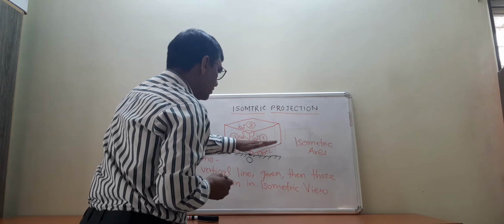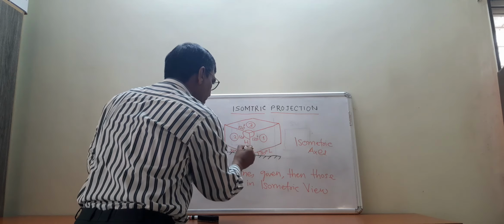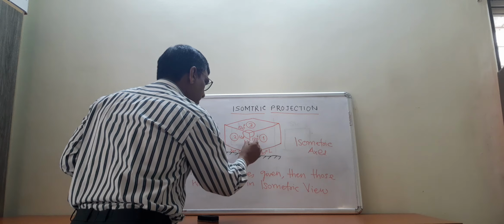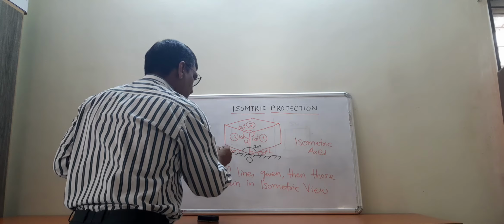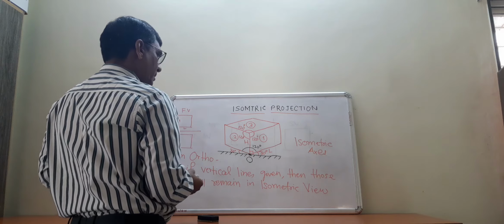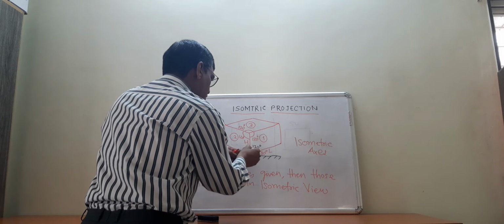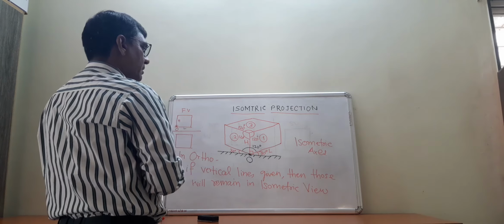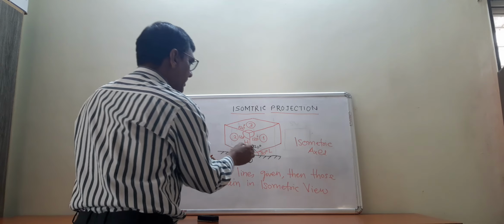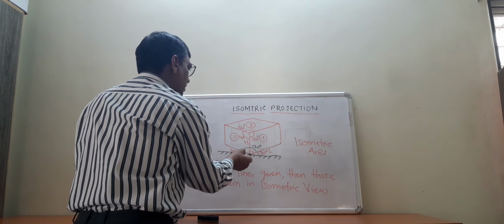Now this line is parallel to this, so these two lines are making an angle of 120. So here also at the bottom this angle will be 120 degree. Ground line is a straight horizontal line. Out of this 180 degree, 120 degrees are covered, and two lines are going at equal angle away from the origin. So the remaining 60 degrees will be divided: 30 degree on the right hand side and 30 degree on the left hand side.